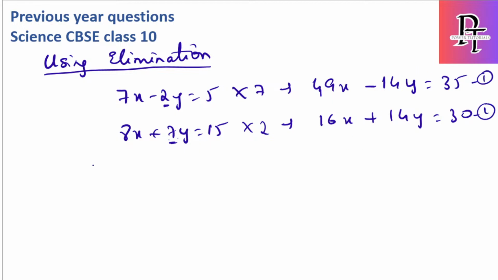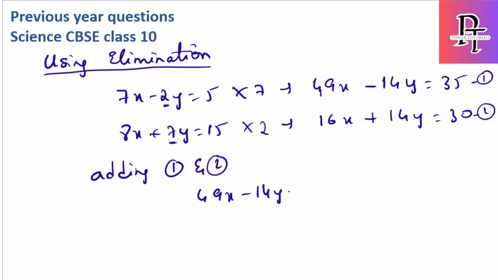So simply adding 1 and 2. Why am I adding? Because if I add, these two get cancelled out. But if we have the same sign, then you have to subtract 1 and 2. But here it is simple, both have opposite signs, so simply adding 1 and 2 will solve our case. If I add both the equations,